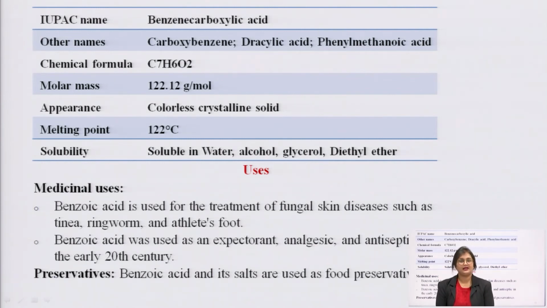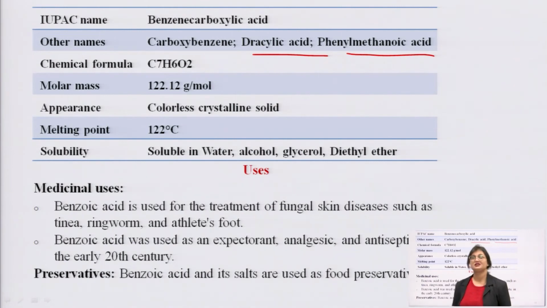The IUPAC name of benzoic acid is benzene carboxylic acid. Okay. It is also known as carboxybenzene. It is also known as tricyclic acid. It is also known as phenyl methanoic acid. Okay. It has a chemical formula of C7H6O2. The molar mass of benzoic acid is